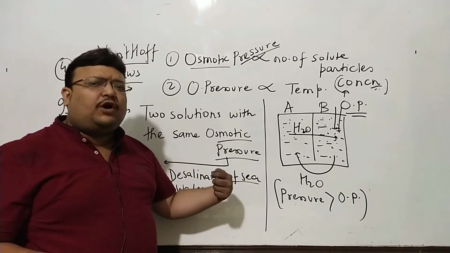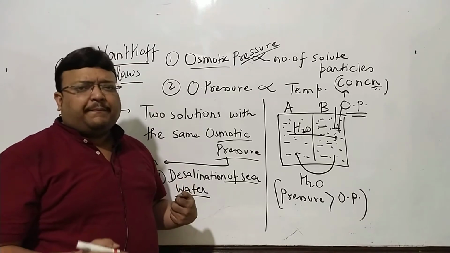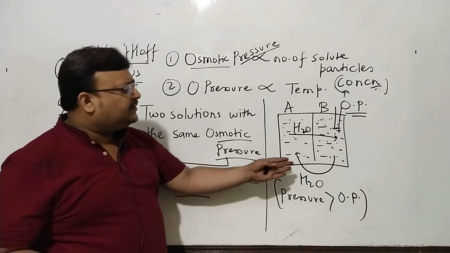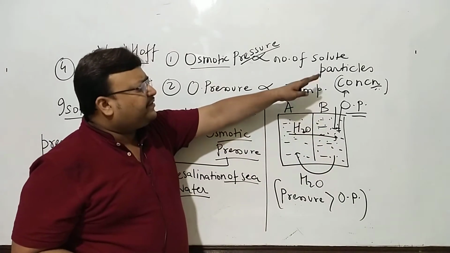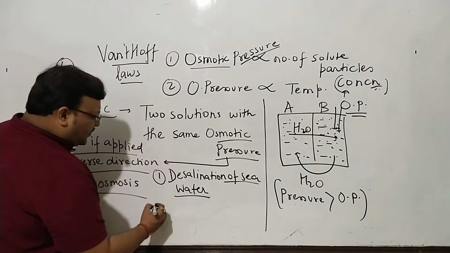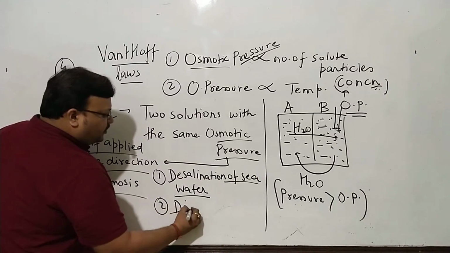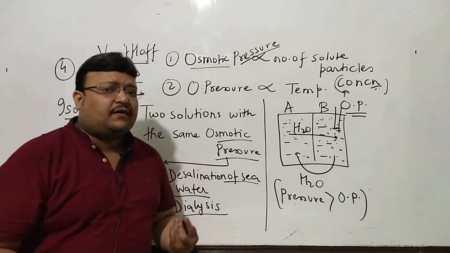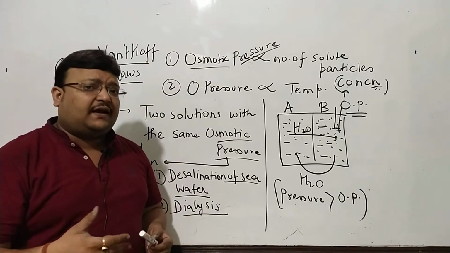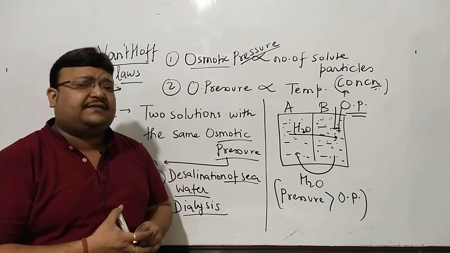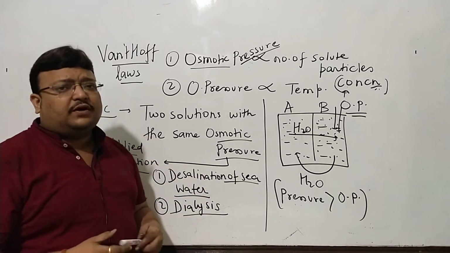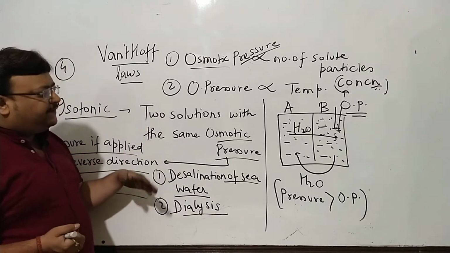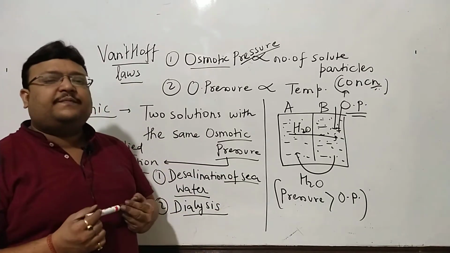And you get rid of impurities in all the water purifiers by the RO. A water purifier having RO is nothing but reverse osmosis. This is reverse osmosis, which requires a pressure more than the osmotic pressure. Unfortunately, if a person has renal failure, if the kidneys are not working, then the medical process of dialysis is also based on reverse osmosis. So that's also an application of knowing osmotic pressure.